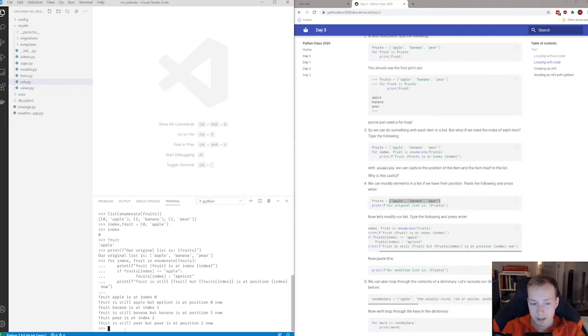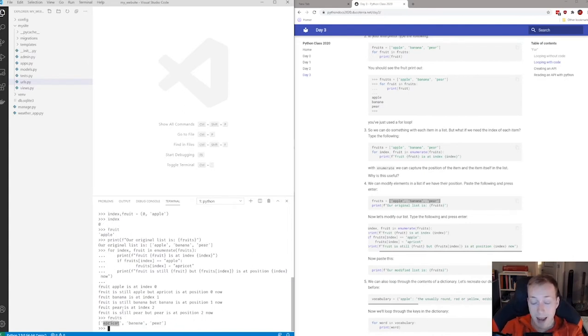Okay, so we've executed this for loop, but check this out. When I type fruits and press enter, apple is gone. We've changed this list. We can't get it back either. This is fundamentally a different set of values. So let's talk a little bit about what a tuple would do, because I mentioned earlier you can't do this to a tuple. So I'm going to make a list of better fruits, and I'm going to make a